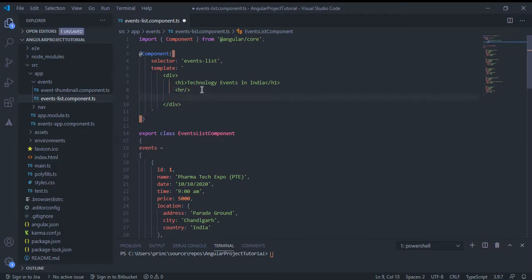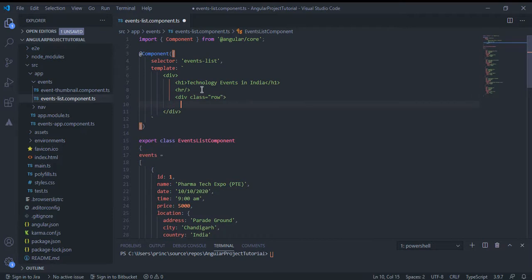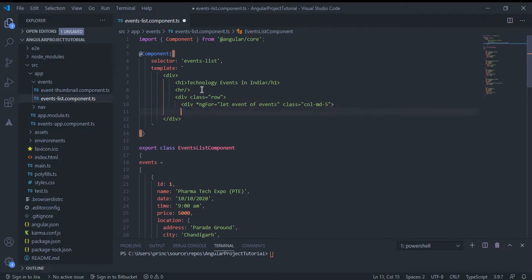Let's create a new div over here with class equals row. And inside the div, another div we will create by making use of ngFor structural directive. I'm going to create a variable, that is let event of events. And I want to apply some bootstrap class for this. It is col-md-5. And here I need to make use of the child component